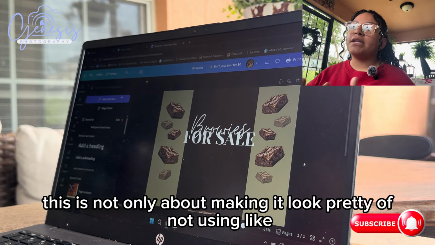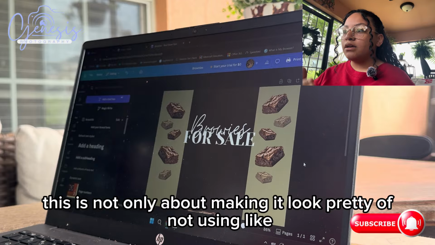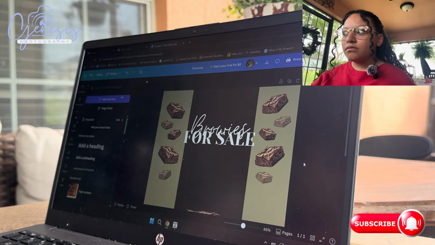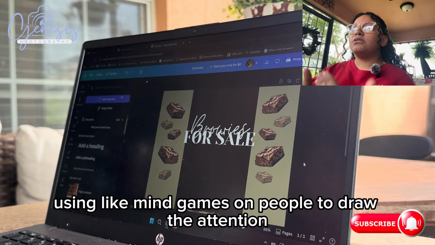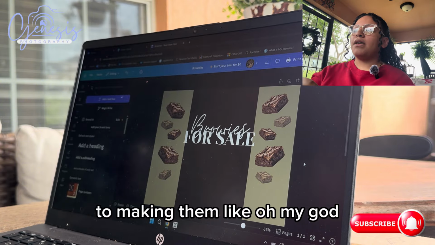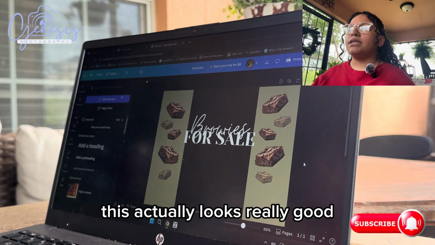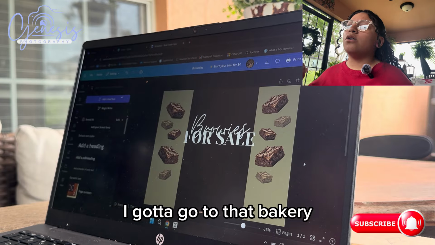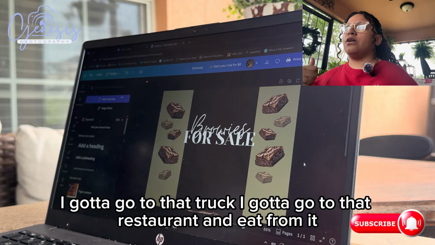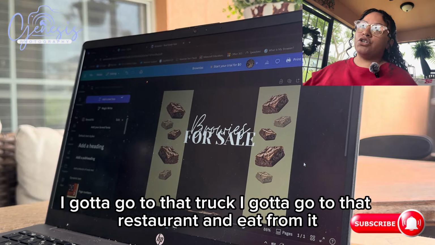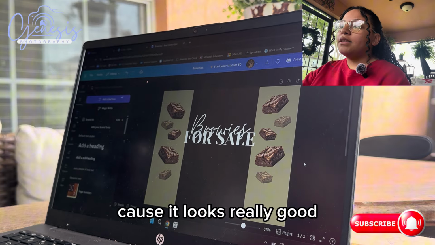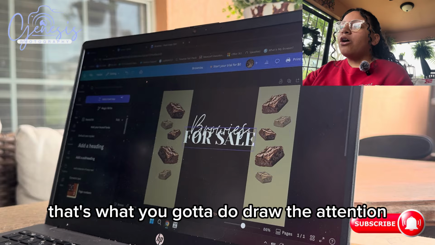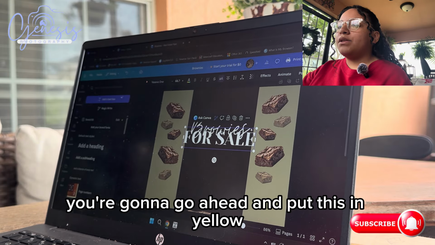Because it's not only about making it look pretty, it's about drawing the attention, using like mind games on people to draw the attention, making them like, oh my god, this actually looks really good. I gotta go to that bakery. I gotta go to that truck. I gotta go to that restaurant and eat from it because it looks really good. That's what you gotta do. Draw the attention. We're gonna go ahead and put this in yellow